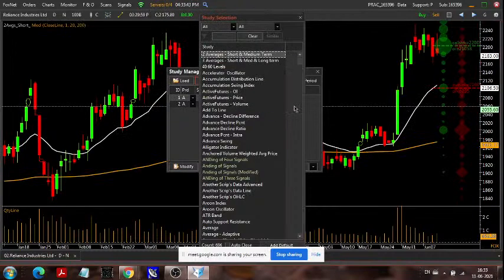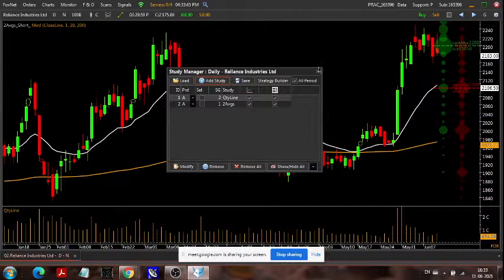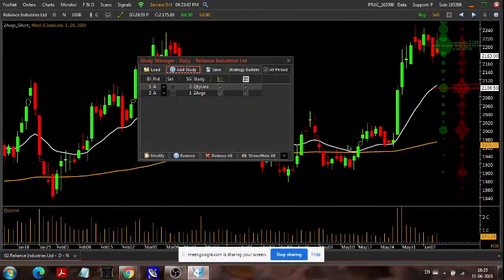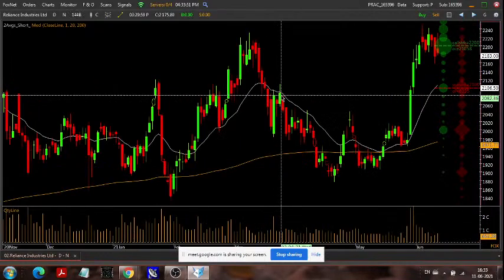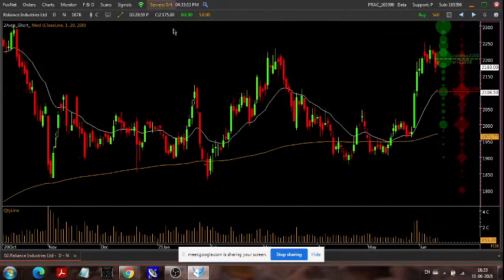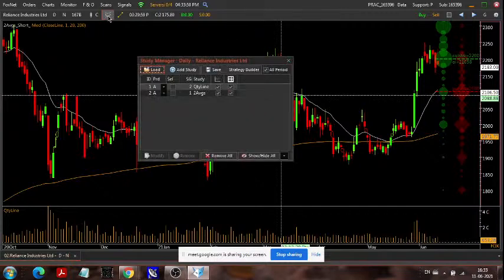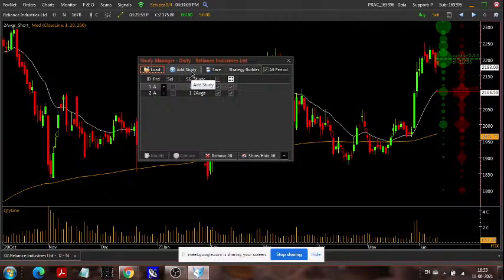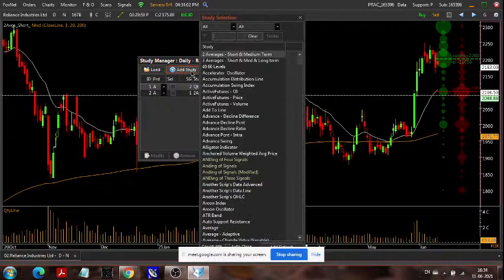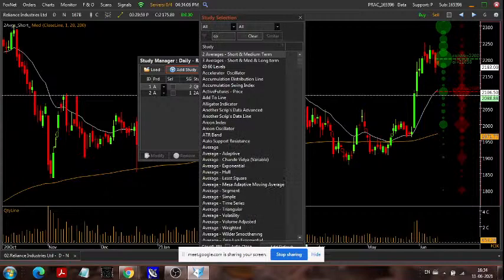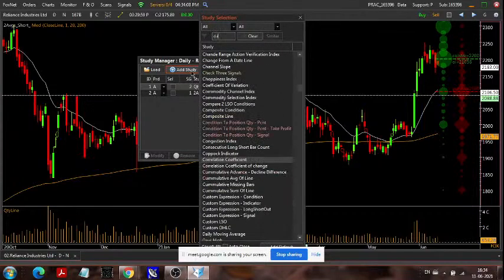You can add 2 or 3 moving averages there. To change the color, there is an option, so you can change the color also. Okay, I have applied it on the screen. Now I want to make a signal when 20 is cutting 200 upside and when 20 is cutting 200 downside. So simply I will take the function cutting line upward or cutting line downward.